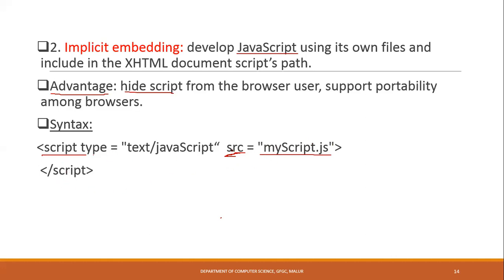So here we are not going to give any commands inside. In this place, we are not going to give any JavaScript statements. We are just calling the file myscript.js. The JavaScript will be called, and then close the script. So only these two lines we give inside the HTML document. But when you run the HTML document, this file will also be called, and whatever content is there will be used in the HTML program. We will see one example.